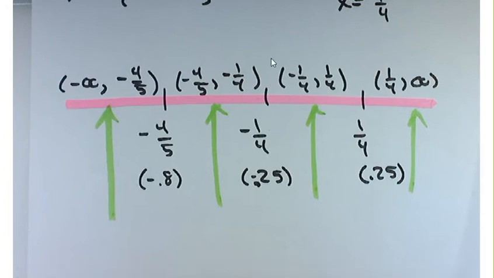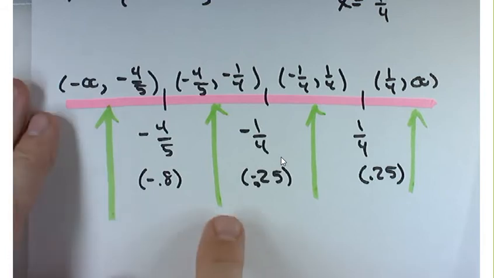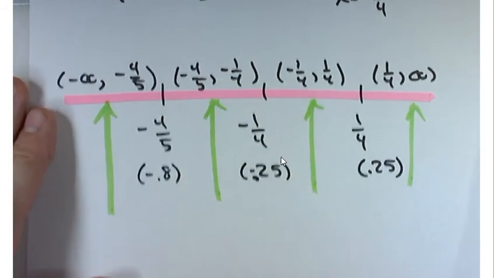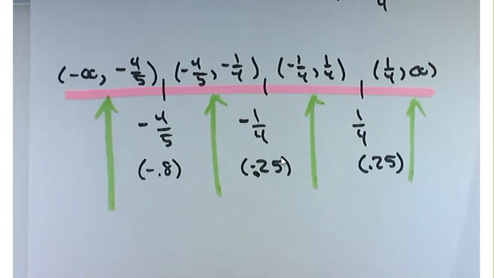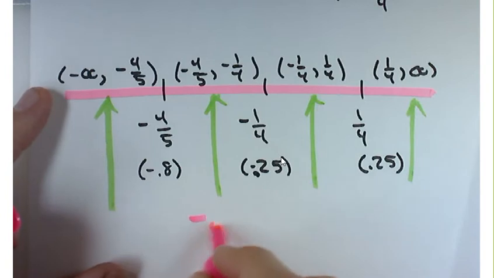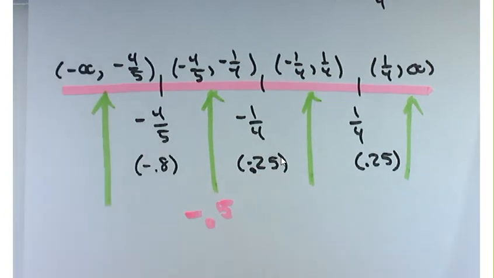So let's take a look here. What would be a good test point for this interval? What's something between -0.8 and -0.25? Any decimal. Yeah, -1/2, so -0.5. That'd be a good test point. As far as testing these things is concerned,